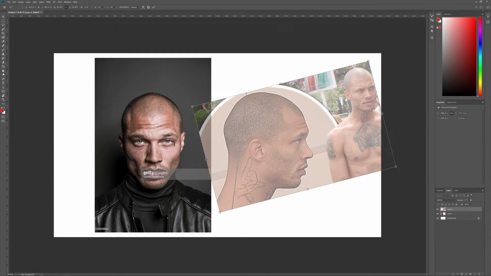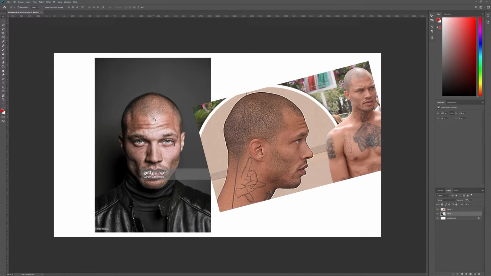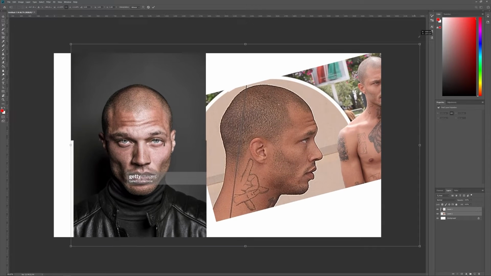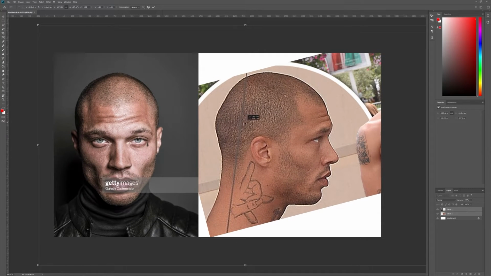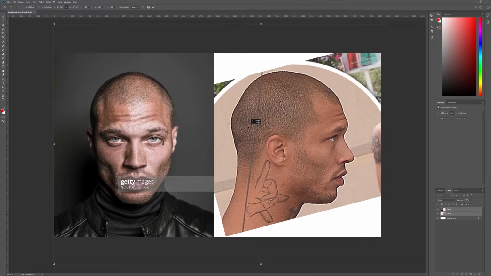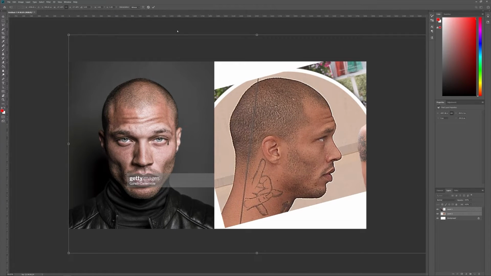We will return the opacity to the maximum, and then I will take this image to the front, and I will make these two images bigger so they cover the entire space. Okay. So what I will do next is to check